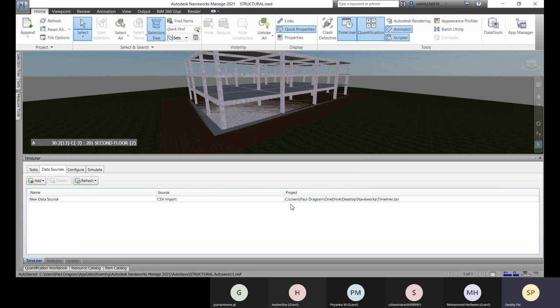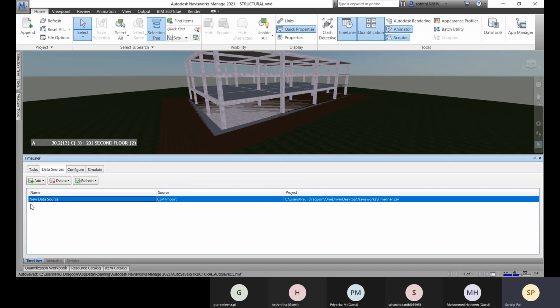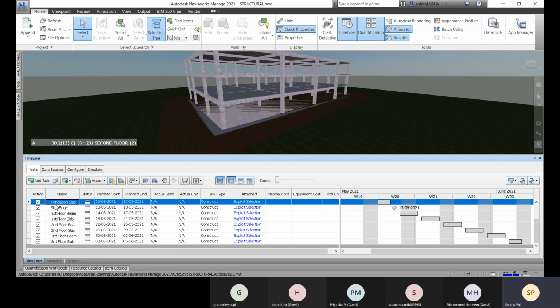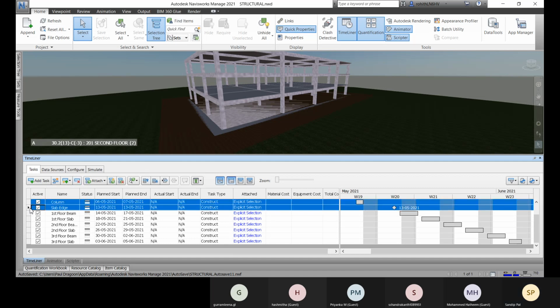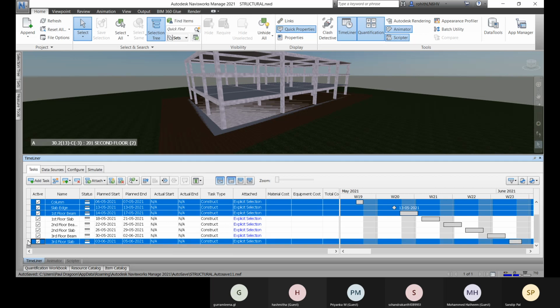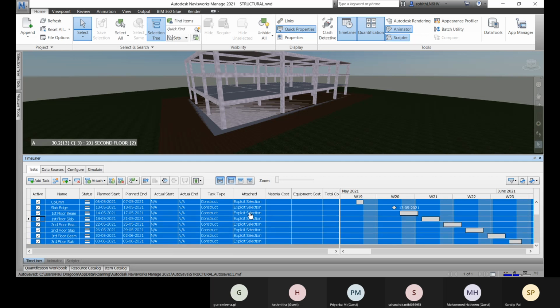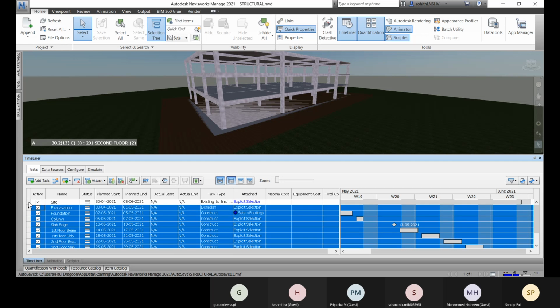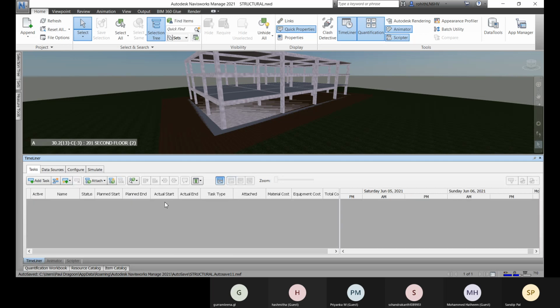Click on OK. And here you see that the source is added right now. The source is added. But if you go to the task, you cannot see it, right? So let me just delete them. Let me quickly delete. Okay.